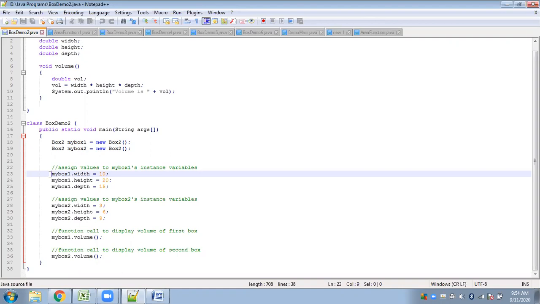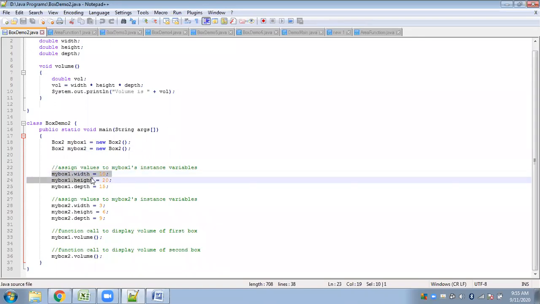So for object number 1, which is my box1, I will be reading values for width, height, depth. This is how we will be accessing these variables from this class, using these statements.